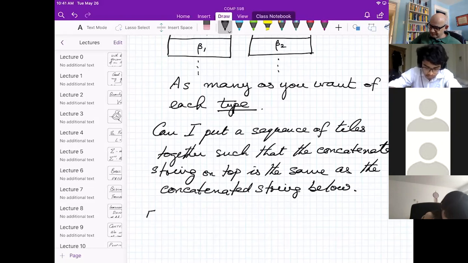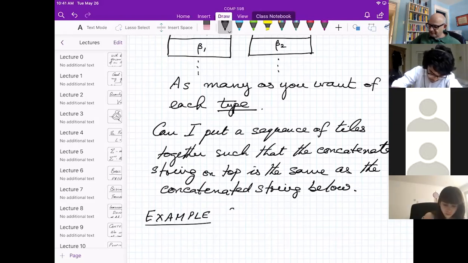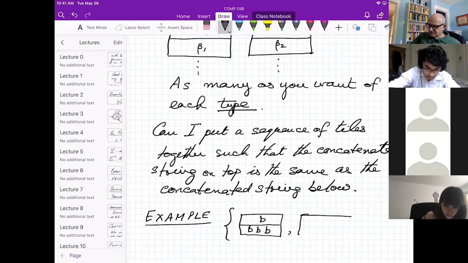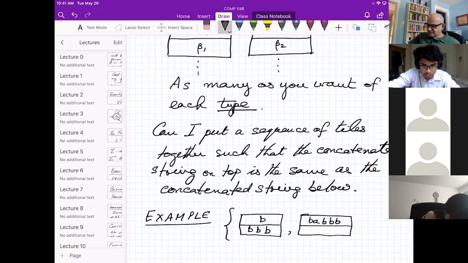So here's an example. I'm going to write these domino types as little tiles like this. One type has B on the top and B, B, B on the bottom. And then the other one looks like this. It has 5 things on top and only 2 on the bottom.